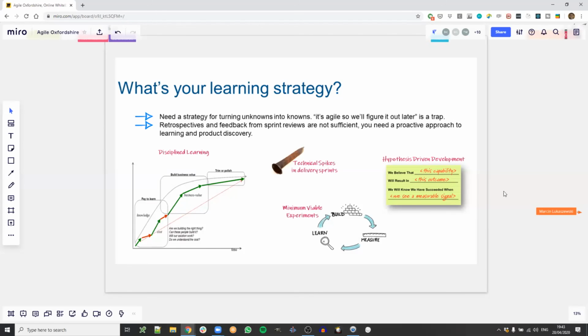So whether it's discipline learning, and a very good technique, I recommend you have a look, or using spikes in Scrum, which is a big thing in Scrum, but often not used, right? People often don't even know what spikes are. Or doing minimum viable experiments, as I call them, or hypothesis-driven development. There are all sorts of ways to get your learning strategy up and running, and to do product discovery in a professional sort of way, rather than just hope that it happens, right? So again, a very important thing to discuss before you start, to be on the same page of what's going to be our approach here.